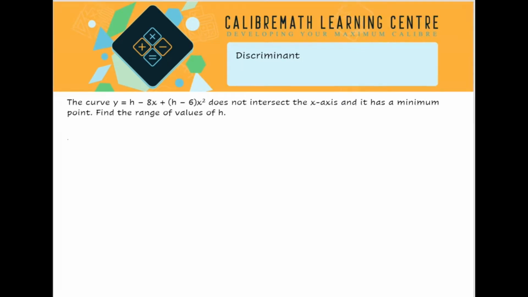Since the curve does not intersect with the x-axis, as given in the question over here, its discriminant will be lesser than 0. So we will have our b squared minus 4ac to be lesser than 0. And from the equation that we are given, we can tell that the value of a is this, and this is your value of b, and this is your value of c. So by substituting that in,